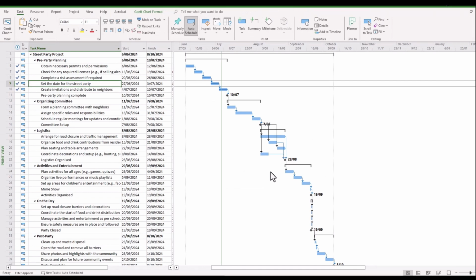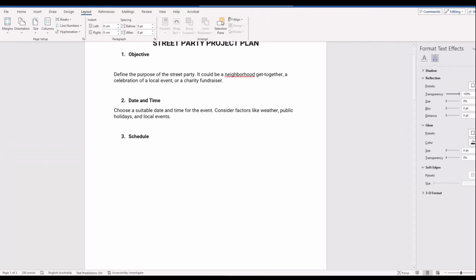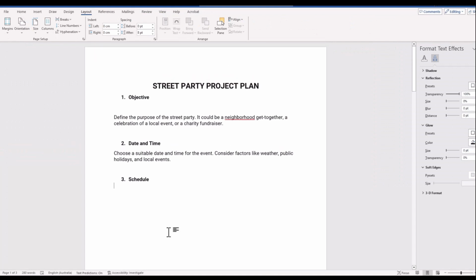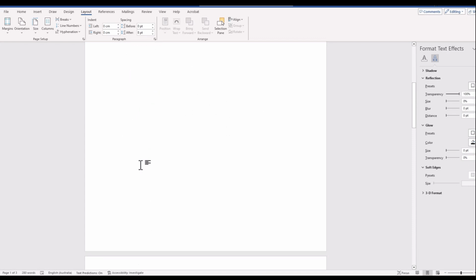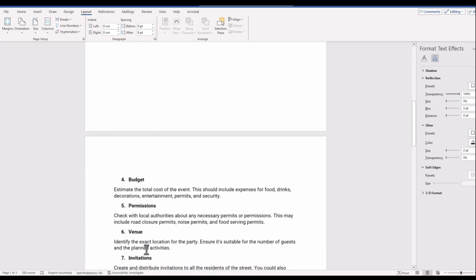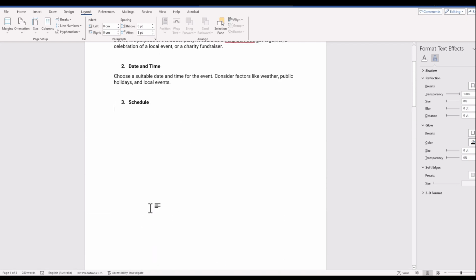Once that's done, you can go about and open your Word document. Now, for this particular example, we've got a project plan, which is typical. Oftentimes we will want to export components to reinforce our project plans, update these wherever necessary. So we've got objectives, time and dates, allowances, we have schedule, and we have further details further down. We want to obviously paste this into the schedule section.